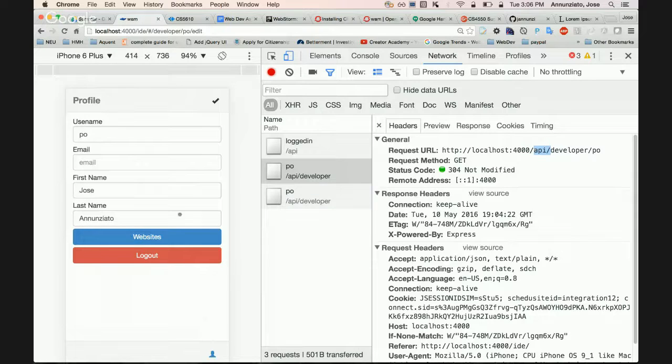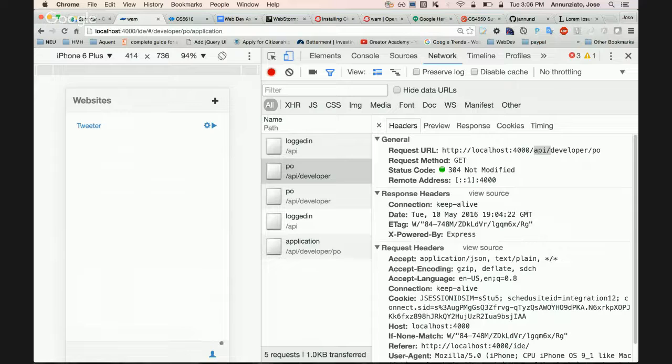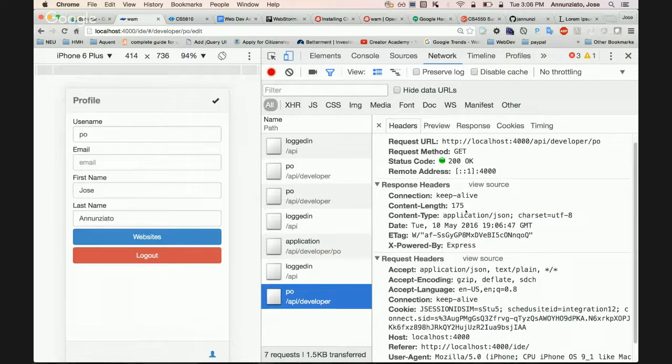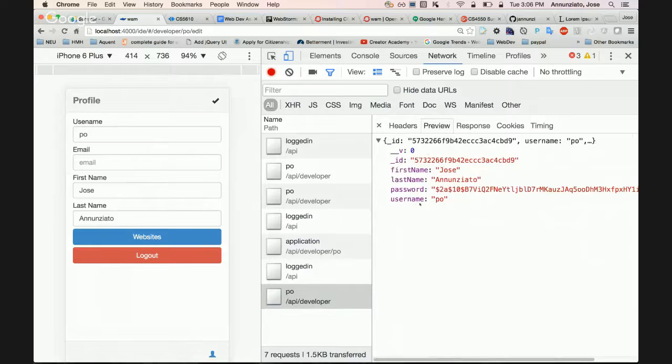Notice that if I refresh, if I go to my website and I go back, my query for PO now has a response that contains last name, password, and username. That wasn't there before. It's now in the database. So notice that the page has never reloaded.